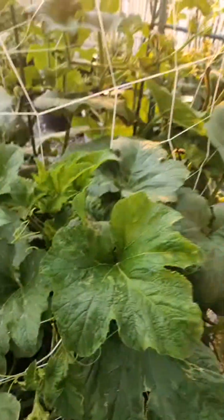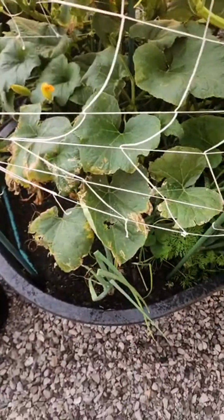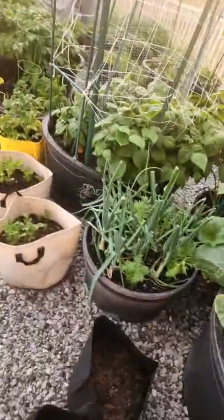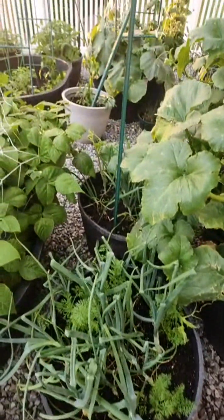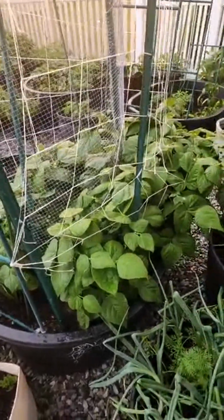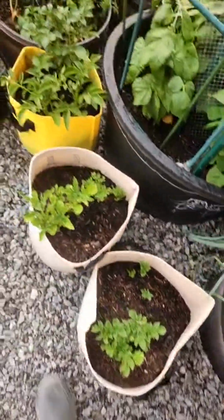I've got cantaloupe growing here. Last year I grew small cantaloupe. This year I want to grow some big ones. Onions, some carrots, and that's it. Over here I got carrots and onions growing, cucumbers and green beans over here. These are potatoes, of course, small potatoes,